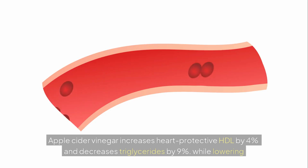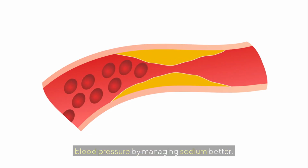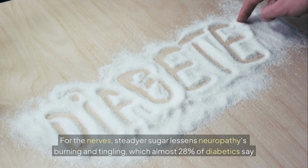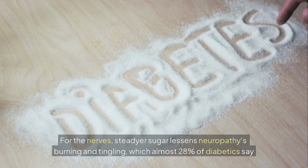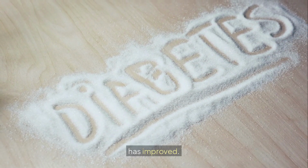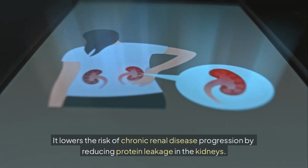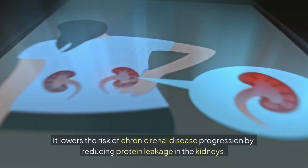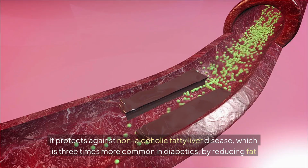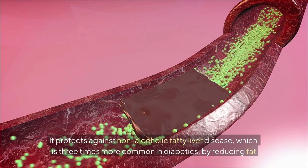Apple cider vinegar increases heart protective HDL by 4% and decreases triglycerides by 9%, while lowering blood pressure by managing sodium better. For the nerves, steadier sugar lessens neuropathy's burning and tingling, which almost 28% of diabetics say has improved. It lowers the risk of chronic renal disease progression by reducing protein leakage in the kidneys. It protects against non-alcoholic fatty liver disease, which is 3 times more common in diabetics, by reducing fat accumulation in